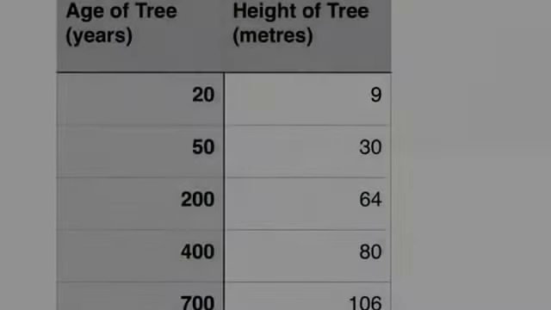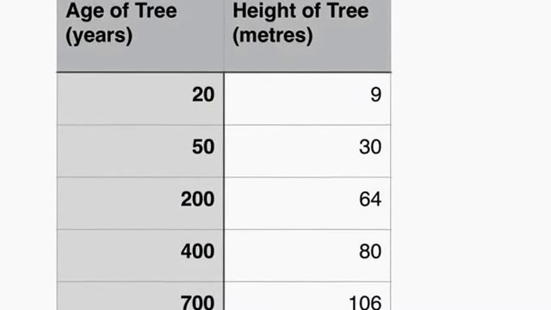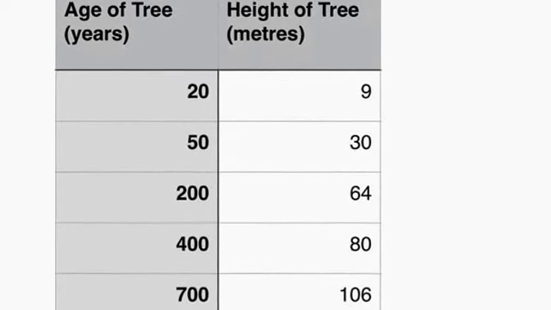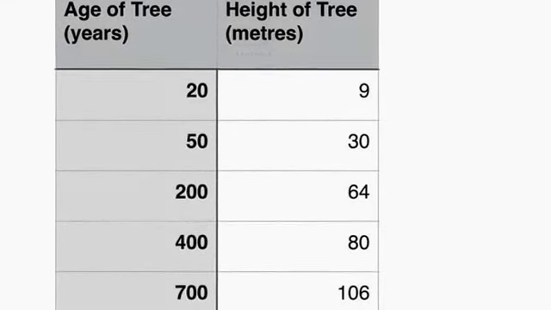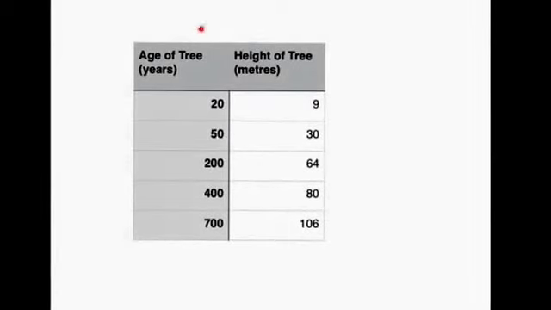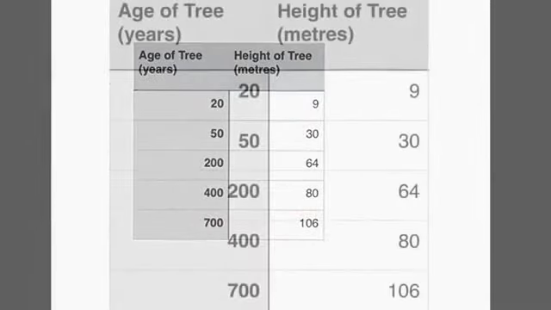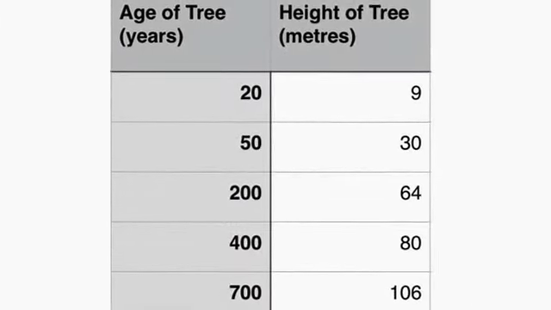Step 2 is to use the data to work out the scale of the graph, just like we did for the bar graph. Except unlike the bar graph, there will be a scale on both the x and y axes. The x-axis will always be the time value, in this case the age of the tree in years. This is a horizontal axis. The y-axis will be the measurement value, in this case the height of the tree in meters, and that's the vertical axis. The highest number on the x-axis is 700 and 106 on the y-axis. We need our scale to reflect that.